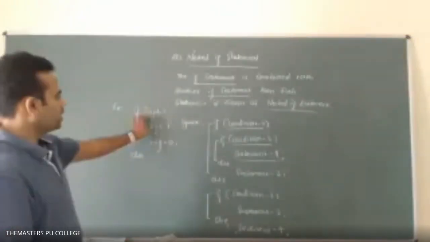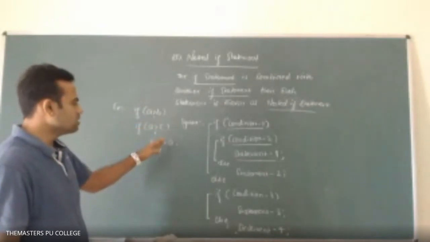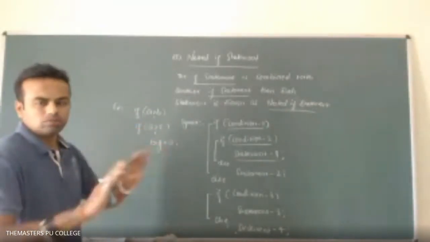Here, a is greater than b and then a is greater than c. Okay, ultimately so we'll write so